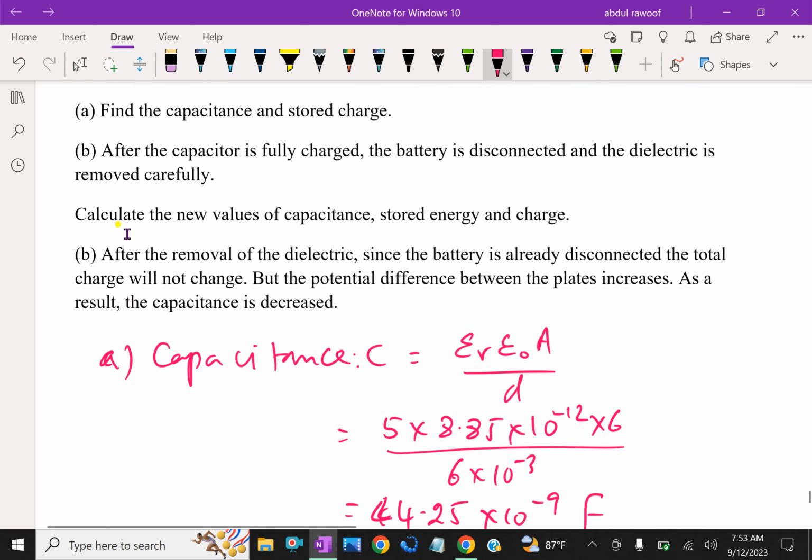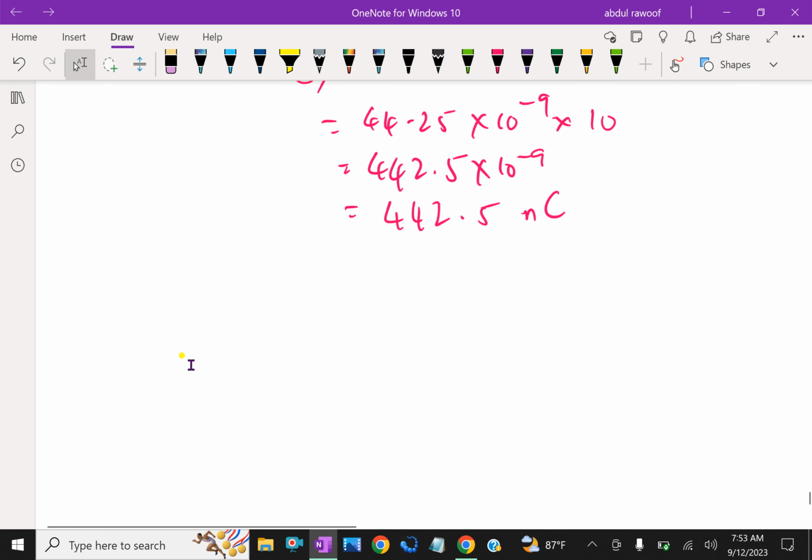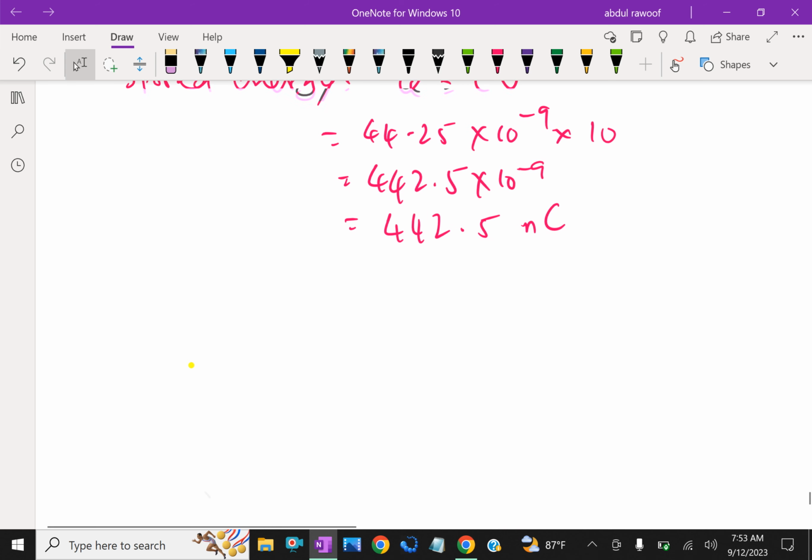Then, after the capacitor is fully charged, the battery is disconnected and the dielectric is removed carefully. Calculate the new value of capacitance, stored energy and charge. After the removal of the dielectric, since the battery is already disconnected, the total charge will not change, but the potential difference between the plates is increased. As a result, the capacitance is decreased. Here we will calculate the new capacitance